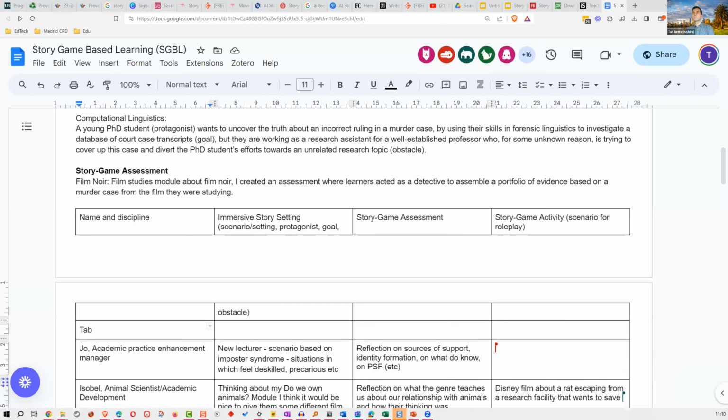So, what kind of skills do I want them to engage in when creating this portfolio? I guess it's research skills, right? They have to go out and find information. They have to use critical thinking for evaluating the sources that they've been provided with or that they find themselves. So, there's critical thinking, research skills. And all of this would be captured in the rubric that you're using to assess whatever it is that they're creating.